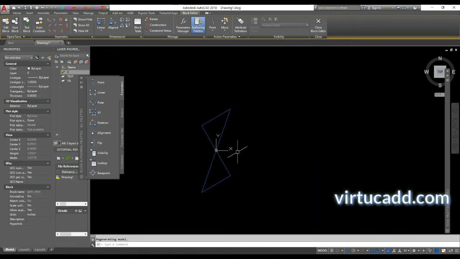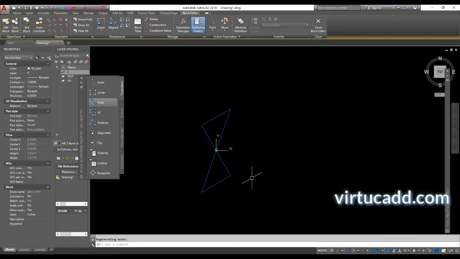What we just need to do is add parameters on this symbol and actions on those parameters. For example, we have these parameters: linear, rotation, alignment, flip, visibility. According to our requirement, we will first add what we want to do with this symbol.